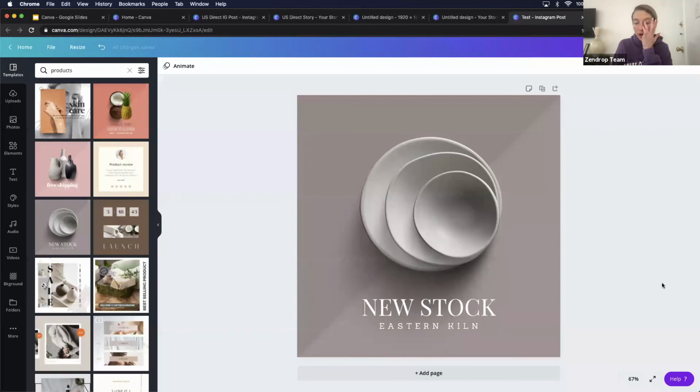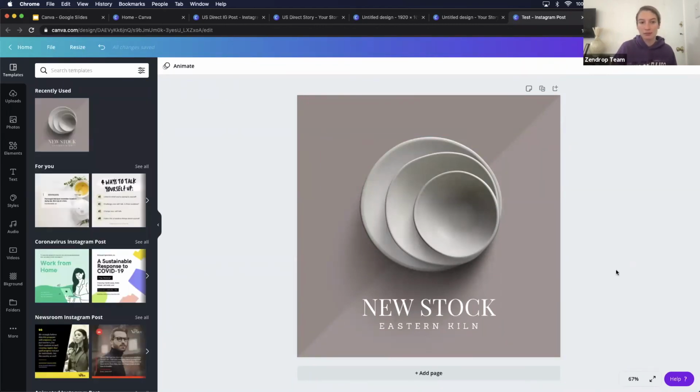This is a great way to gain inspiration for when you're starting to feel more confident in creating your own graphics, but you can also use these graphics at no cost with the Pro membership. These are free. There's no copyright or anything of the sort for using these designs. You're allowed to. So it makes it easier if you're not really a design guru or you don't enjoy designing like Dean and I do. You can easily come find a lot of different great designs already on the platform.